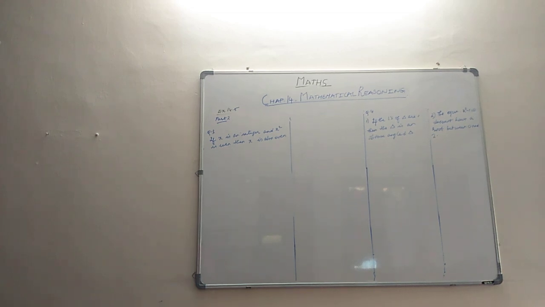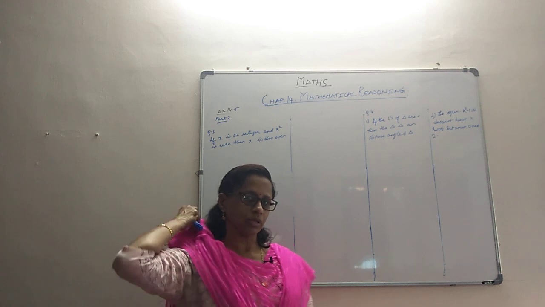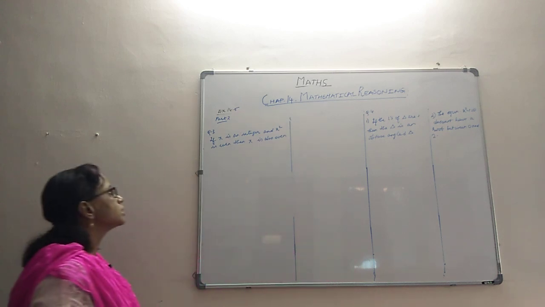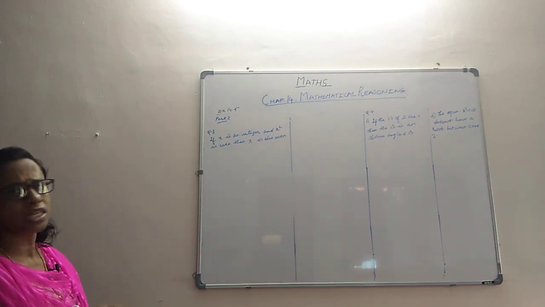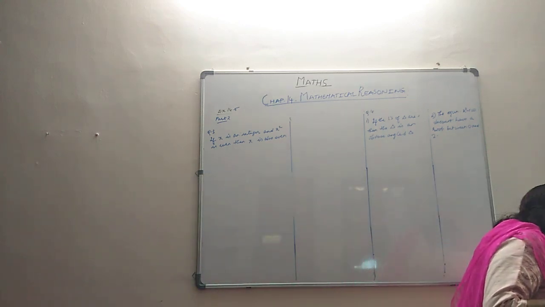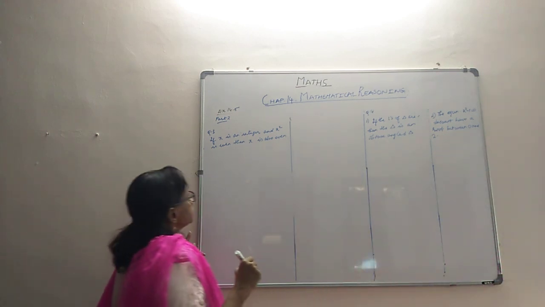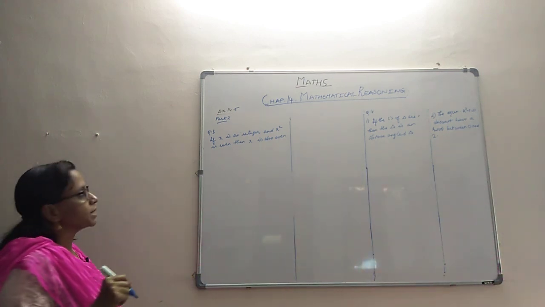Hello folks, we are back to exercise 14.5. Now this is our part 2 video, and let's see what we have to do here. In question number 3, they give us a statement. They ask us to show it by, I think, contrapositivity. By the method of contrapositivity, you are supposed to show that the statement is true.